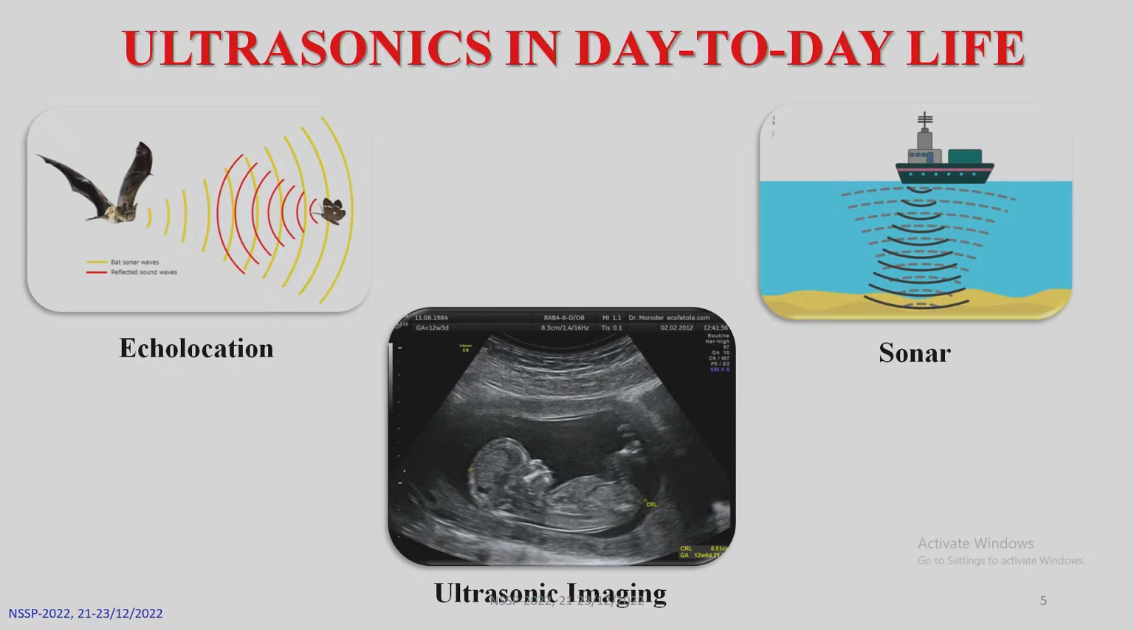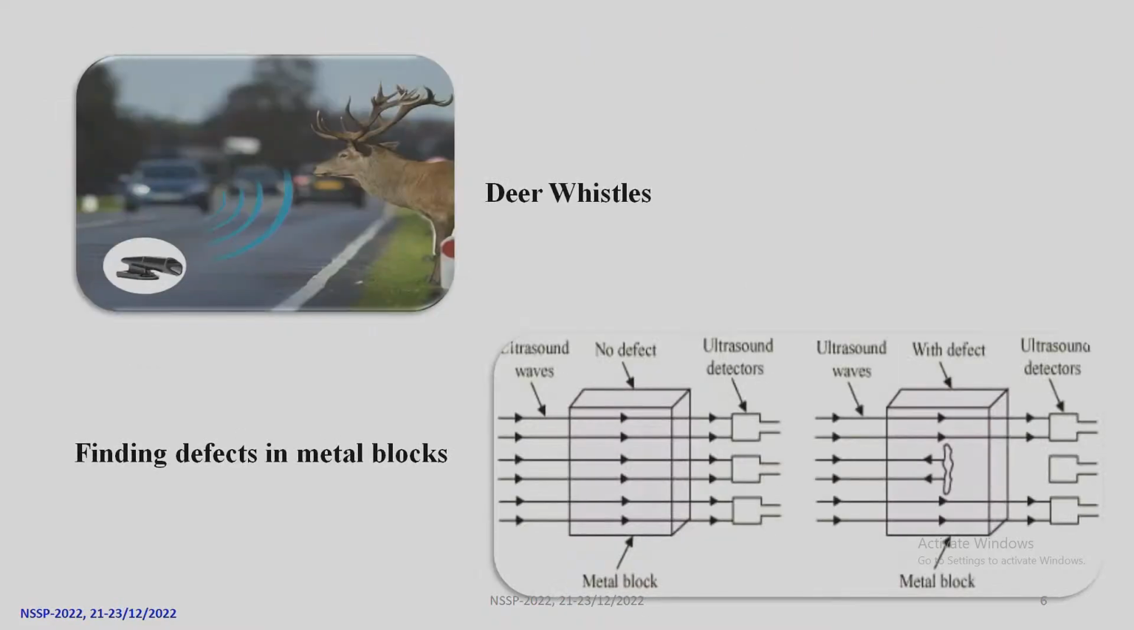This electronic image is converted into an echo, and the echo produces the image. That is the concept of ultrasonic imaging. And the next one is the deer whistles. Deer whistles is an instrument which is kept on the vehicle. When the vehicle is in motion, the air passes through it and it produces ultrasonic waves so as to alarm